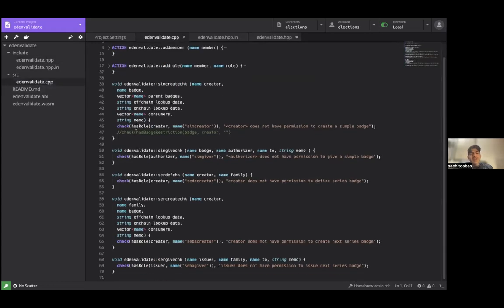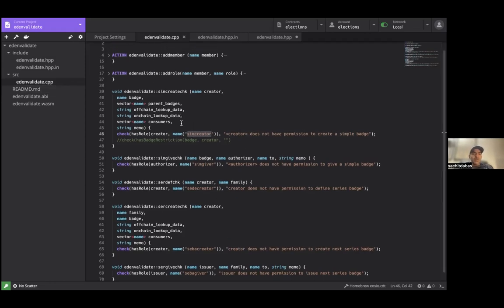And the simple create check just checks one thing here: for this creator, whoever is creating this entity, whether that person has a sim creator role or not. Basically it's a way to authorize a person. Not anybody can create these badges. They have to be assigned a role. So